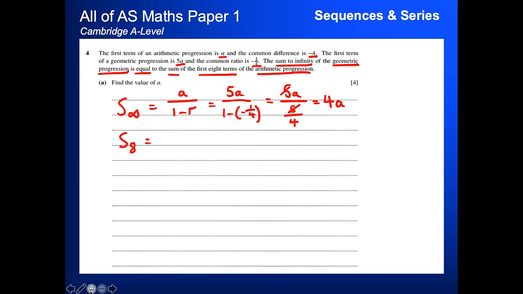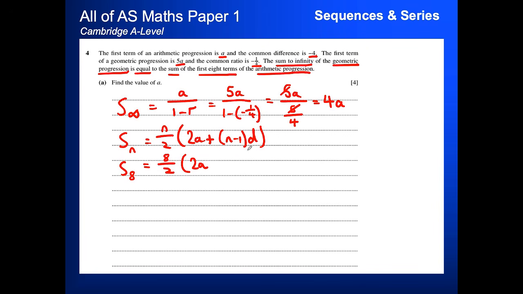So the general formula, let me write that down first before we look at S8 in general. And this is a formula you need to know, S_n is equal to n over 2, open brackets, 2a plus brackets n minus 1 d. So I'm just taking this from the formula sheet directly, and we want to work out S8, where the first term is equal to a, so that won't change, and the common difference is equal to minus 4. So S8 will be equal to 8 over 2, remember n is equal to 8 here, open brackets, 2a,